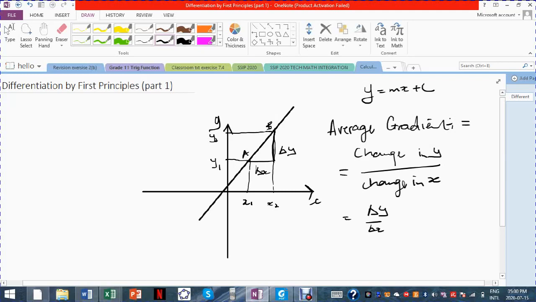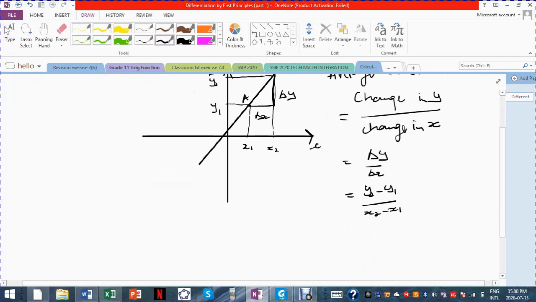Okay, so this gives us the average gradient, which equals y2 minus y1 all over x2 minus x1. So this is pretty straightforward. So that's our gradient m